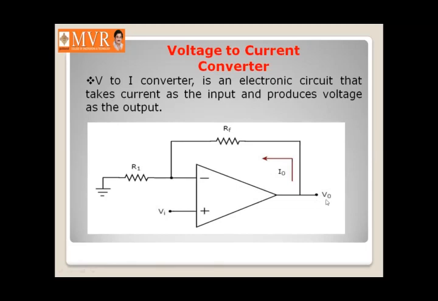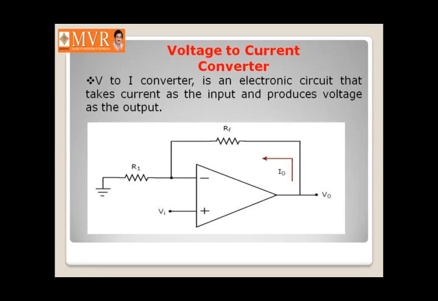The I naught is due to voltage V naught. Due to the V naught, the I naught is going to flow from here to the input terminal side of the operational amplifier. As we know, due to the virtual ground concept, the op amp terminals do not draw any current. That means there will be no input current, that is IB1 is zero and IB2 is zero. The current at the inverting terminal is zero, and the current drawn by the non-inverting terminal of the op amp is also zero.